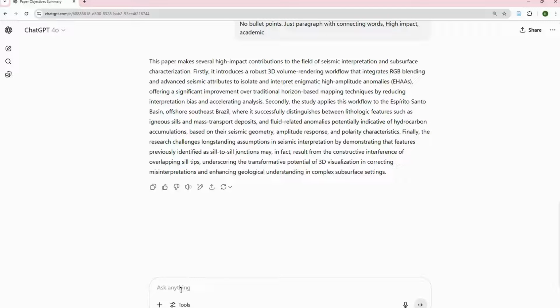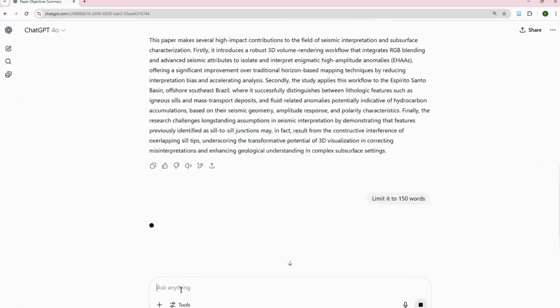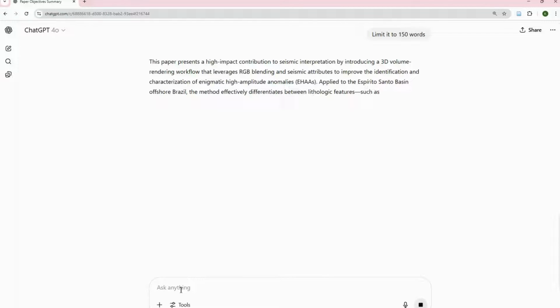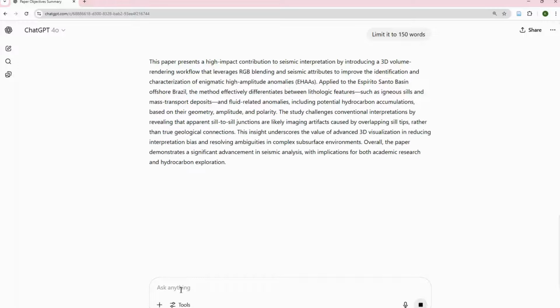And you can also go further, limit it to 150 words. Just to show you the power of summary, how you can make a good summary from all this. And then you can do a copy. This is a copy. If you're happy with the answer, you say it's a good response, and that will help